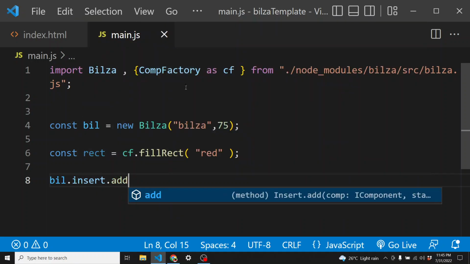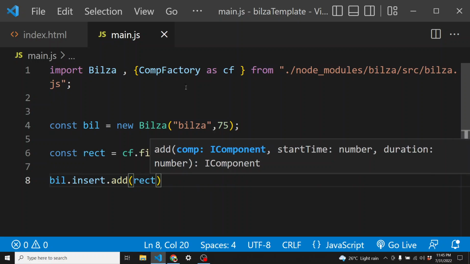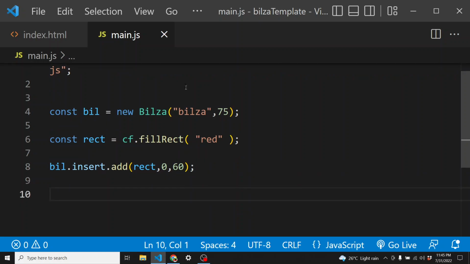Insert.add. I'll explain this more, but this is how you insert a component into the Bilsa engine. So, the name of the component, and then when should this appear in the animation? The starting frame. So obviously frame 0, and then we want to go up to 60 seconds. So that is how it is. Okay, that's it. And now we can just create,